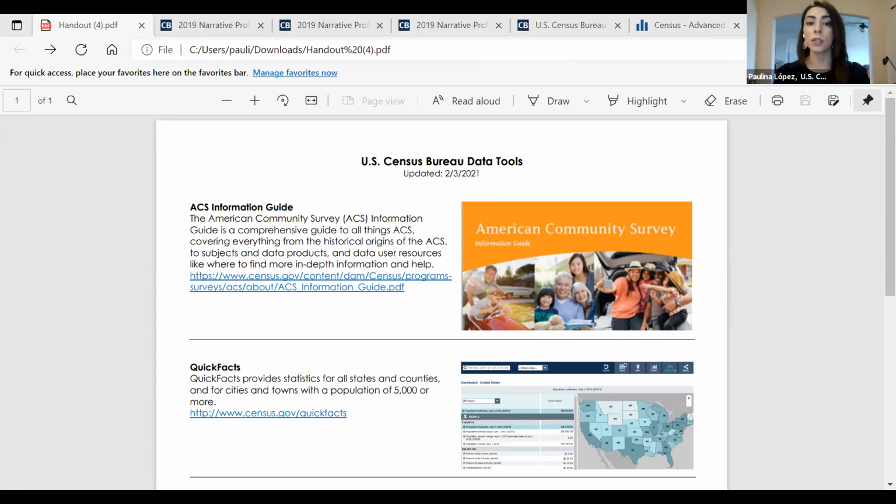This is critical information, because if you accessed the data in November 2020, and we published the information in December 2020, we know that you were using the previous 5-year release, right? So this would be very important.